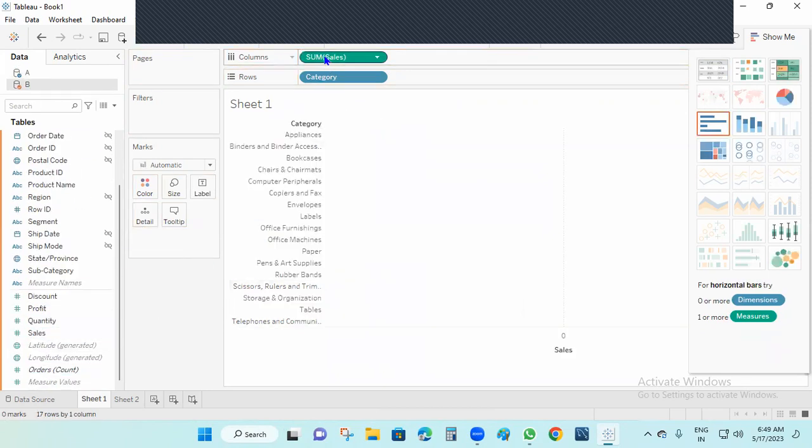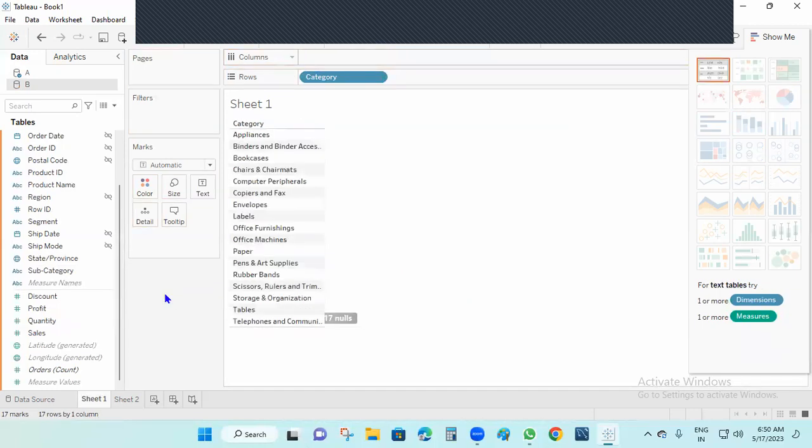Here sales is not matching to the primary data source, that's the point, so it will not show the answer here. Likewise you can do the process. This is data blending, mixing the data tables. Now this is the first, and the second concept is